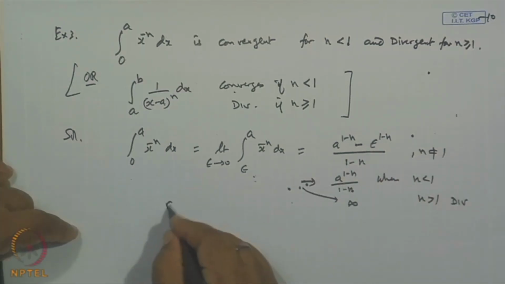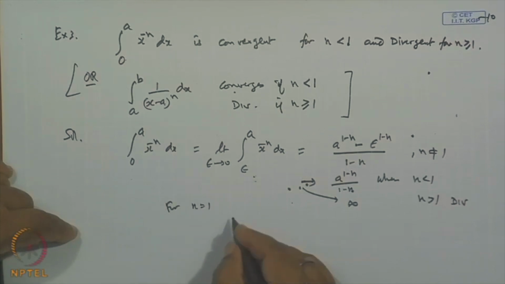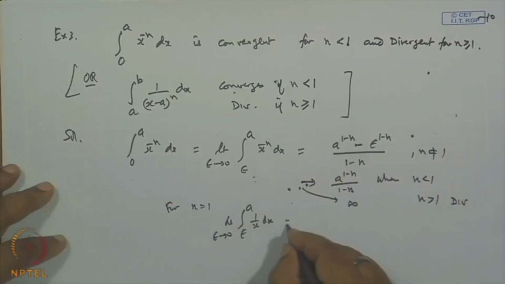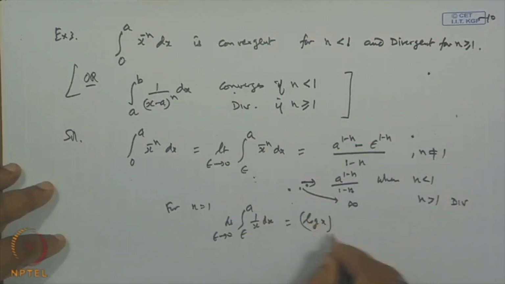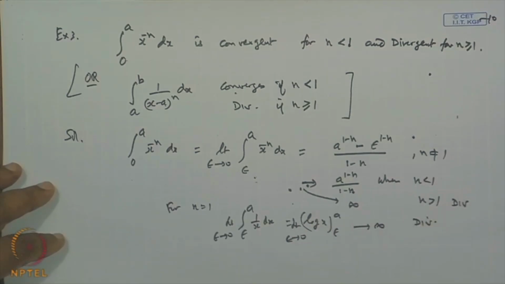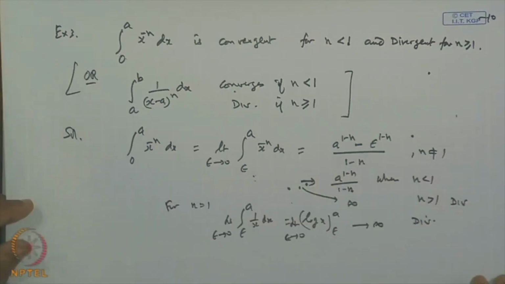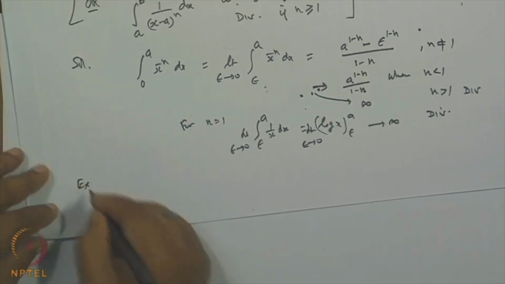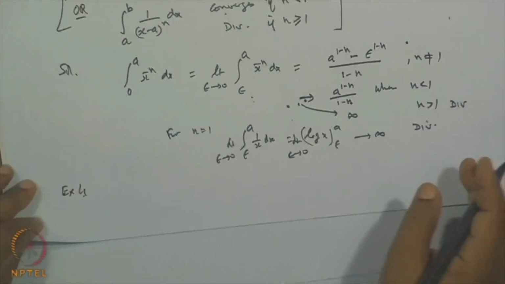And for n equal to 1, the integral reduces to the integral from epsilon to a of 1 by x dx, as epsilon tends to 0. That is equal to log x from epsilon to a, and as epsilon tends to 0 this goes to infinity. So it diverges. This proves the results. The second example again,